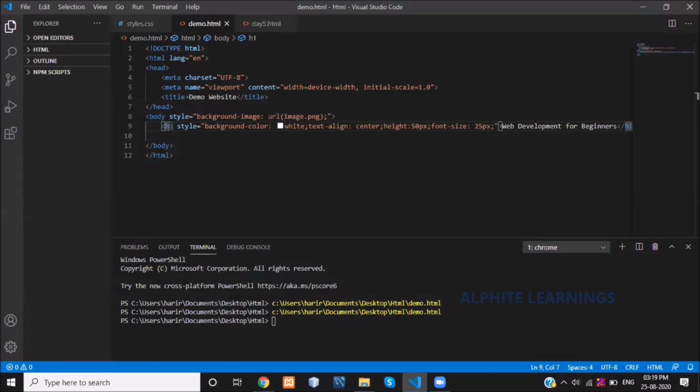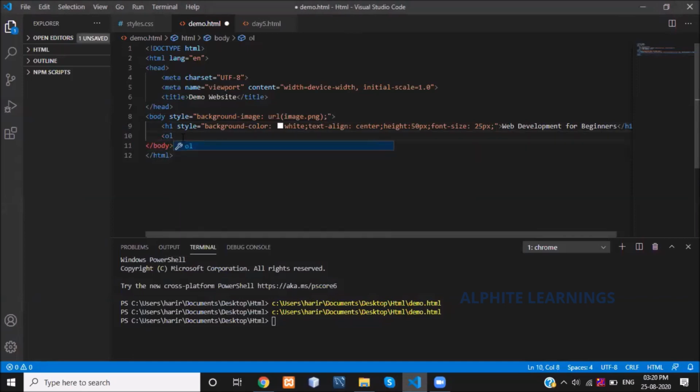Next I'm going to give a list. After this I'm going to give a list of elements. For that I'm using an ordered list. Before the list I'm specifying another heading, h3.